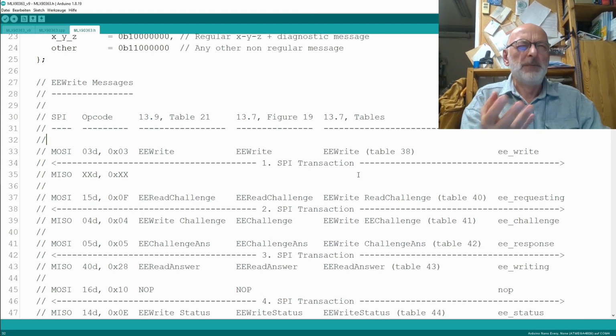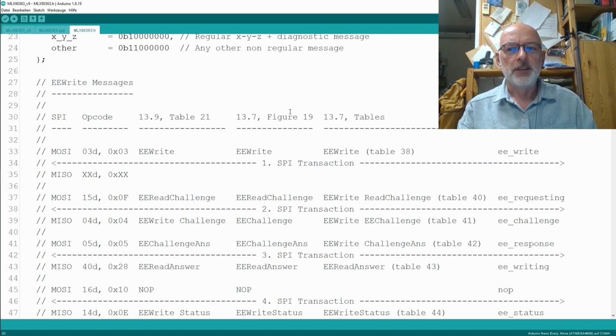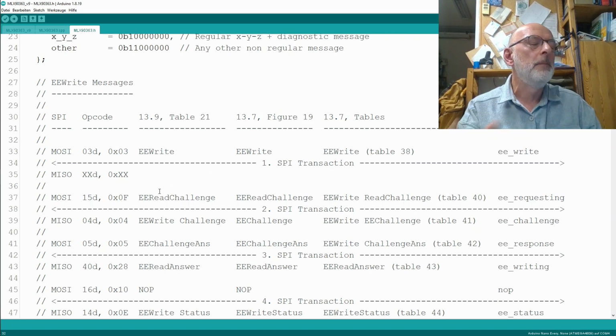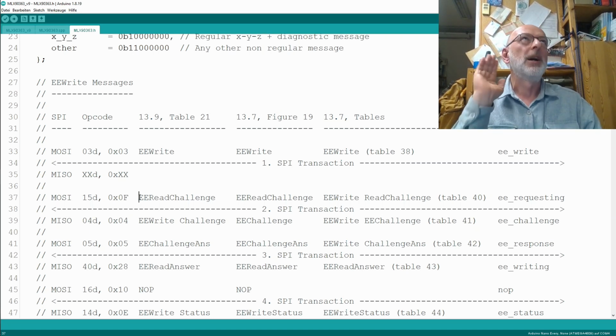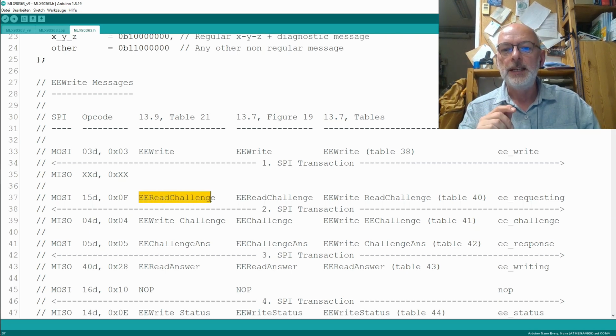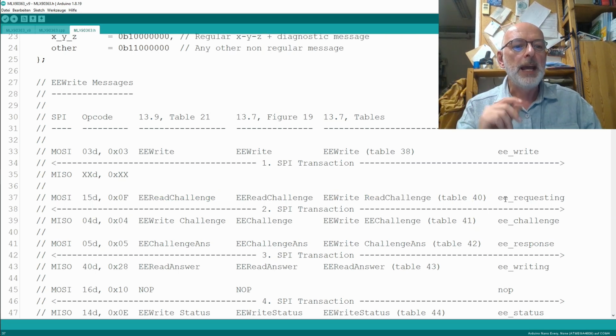Well, it's just a little name change. You remember in the, I think it was the 7th installment, card here, link in the description, I had difficulties naming all the MOSI and MISO messages in regards to writing the EEPROM. And I came up for, according to the datasheet, the EE read challenge, respectively EE write read challenge message here, with the name EE